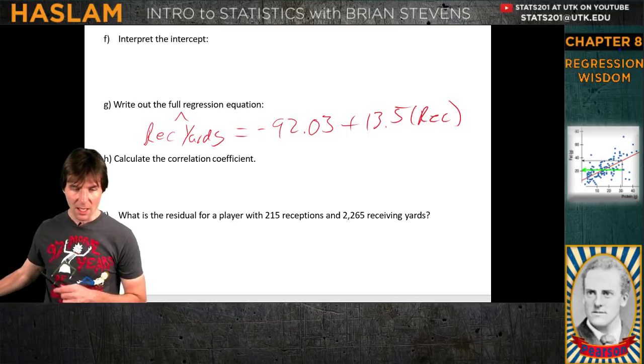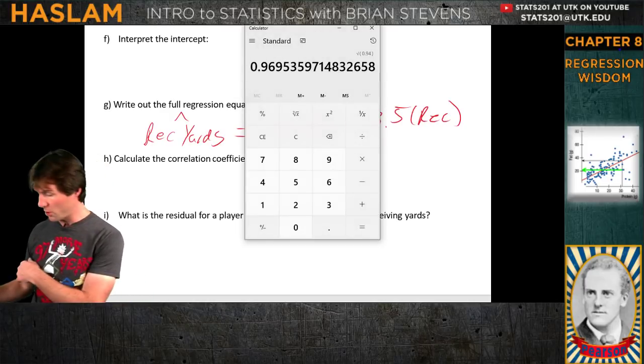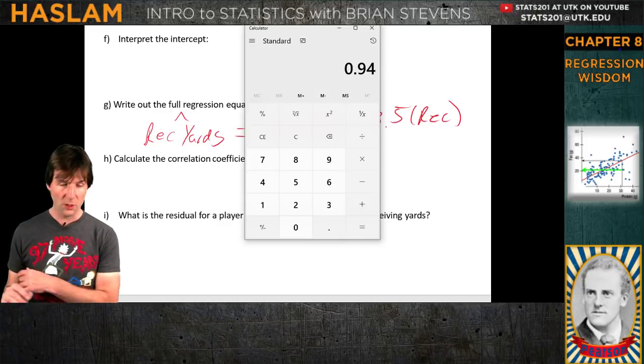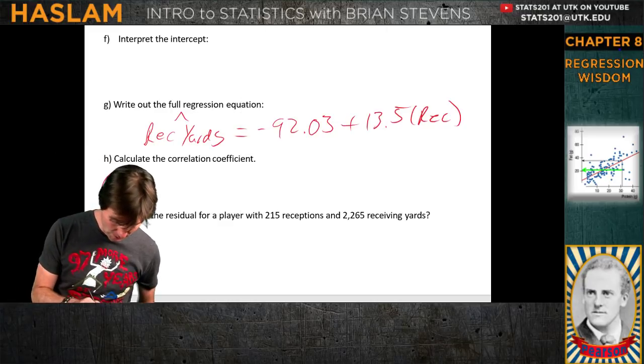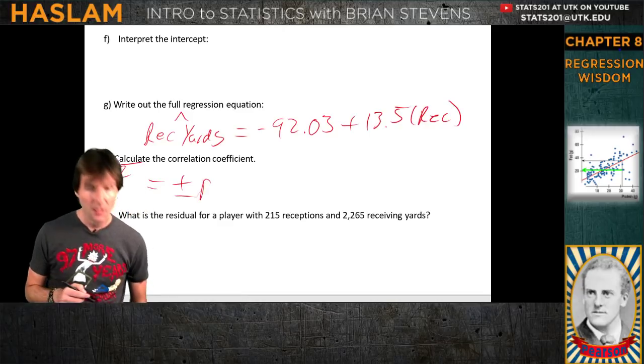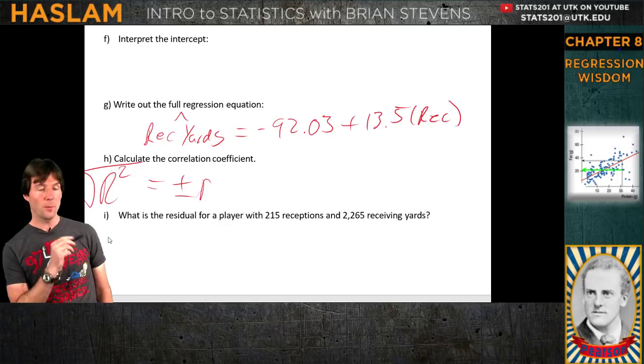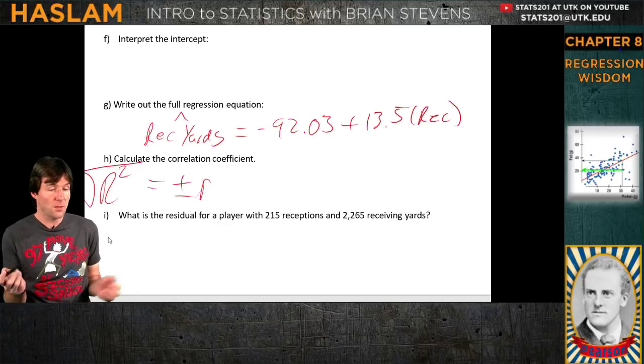So calculate the correlation coefficient, just so people can see. We went and we got the r squared, and here's r squared. Can I write on this still? I can write on it. To find r from r squared, we square root it, and this will give us r, but make sure you realize it's plus or minus r. It's plus or minus because we have to see if it's positive or negative.